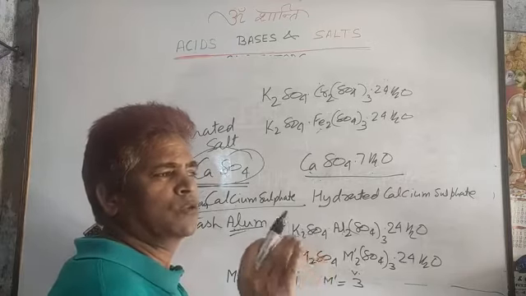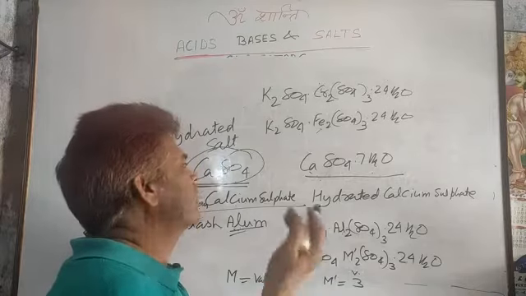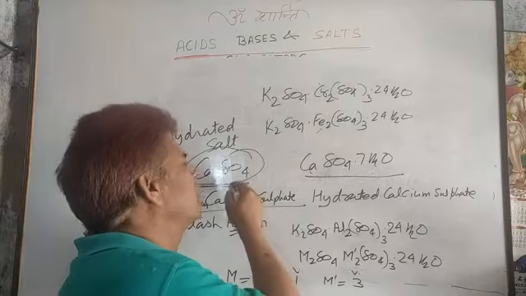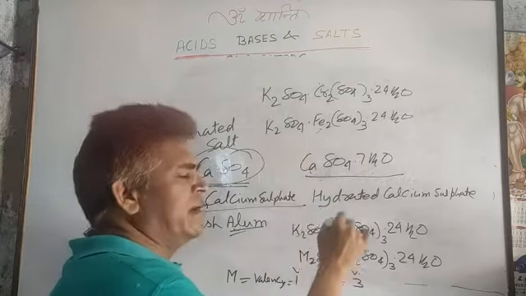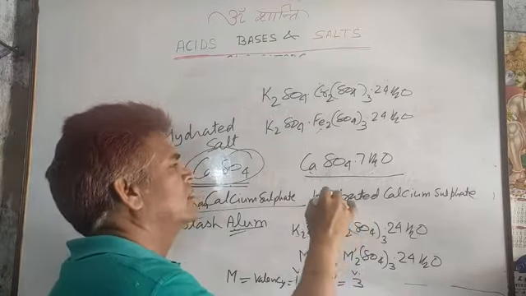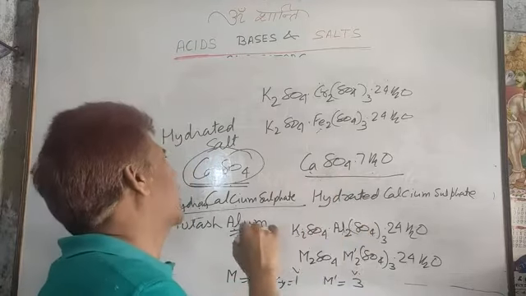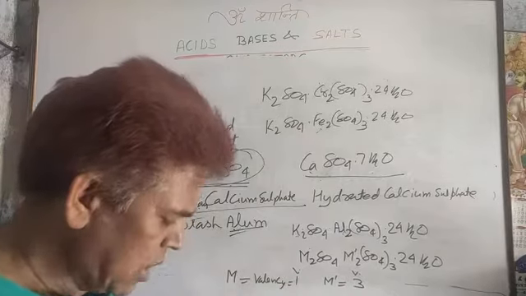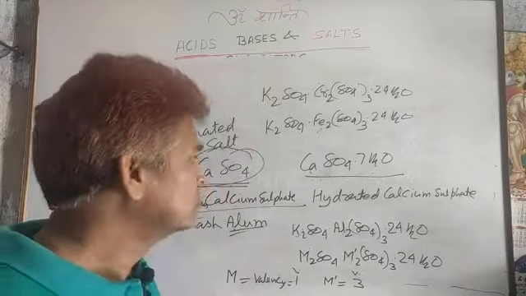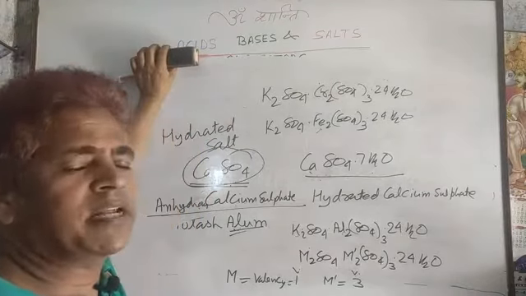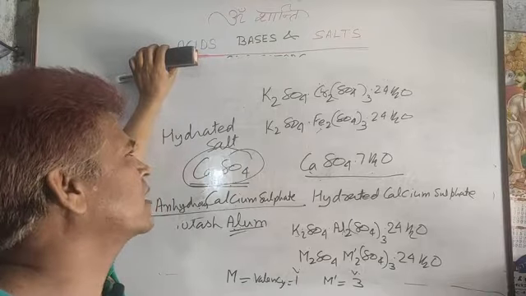In lower classes, you know, solids are classified as amorphous and crystalline. So by observing the shape or finding the nature of the crystals, you can decide whether the given compound is hydrated or anhydrous. So now you have already understood what acid is, what base is and what salt is, and the different types of acid, base and salt.